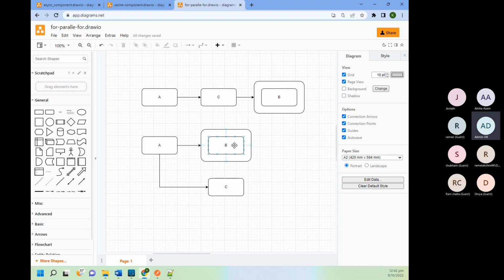Everyone getting what I mean to say here? Yes. Execution of B we can do immediately after A. But in this approach, we are waiting for C to complete, which is not required for this particular use case.